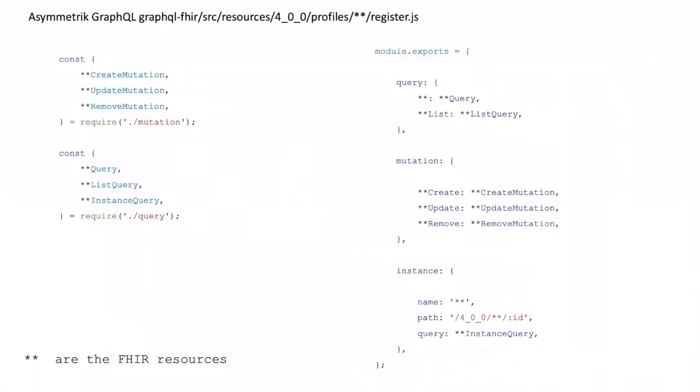So I'm showing the construct here. The four files we have seen in the profiles folder, right? Register is the first one where I'm just not doing anything. I'm just requiring the files that I want, and you will see them. The two asterisks are the FHIR resources. So if it is patient, then it would look like patient create, patient update, patient remove. And if it is practitioner, then it would be practitioner. I'm requesting them here, and so I'm just explaining a bare construct of the server, right? And then